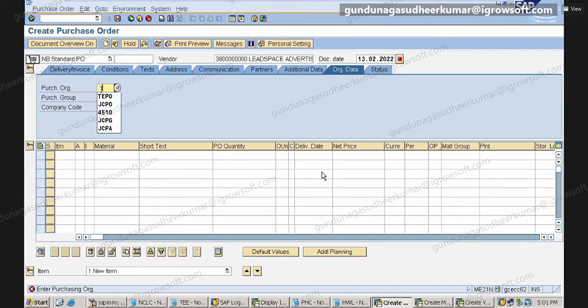In the header, give the purchase order, the purchasing group, and the company code. Give item number 1. Then material, I want to give TEE raw material 1. Quantity, 100 kgs. Price, 100 rupees, INR per 1. And then the plant, TEE, storage location RM1.